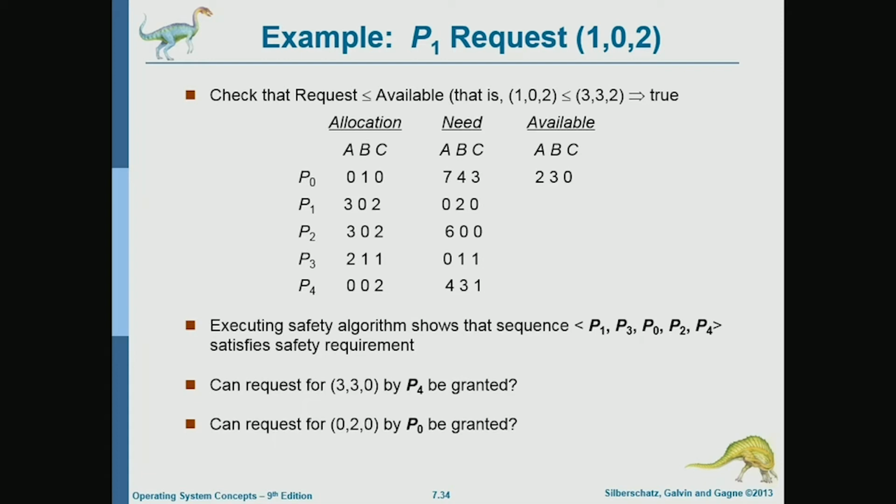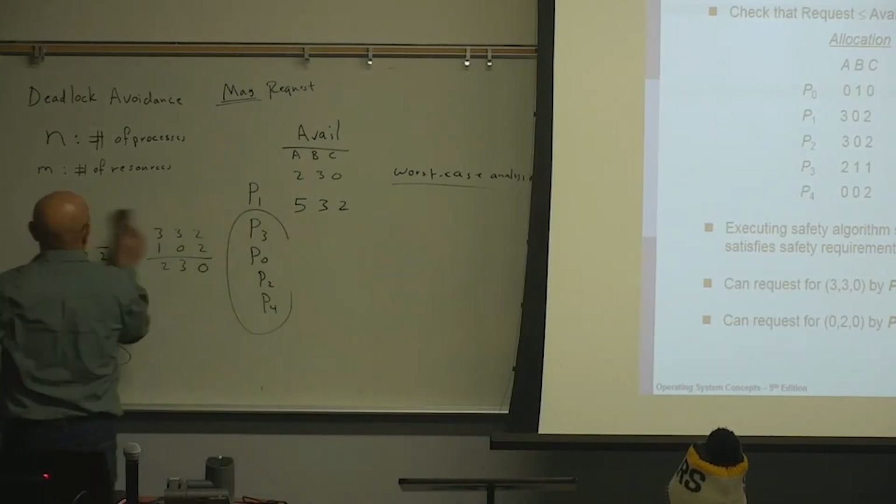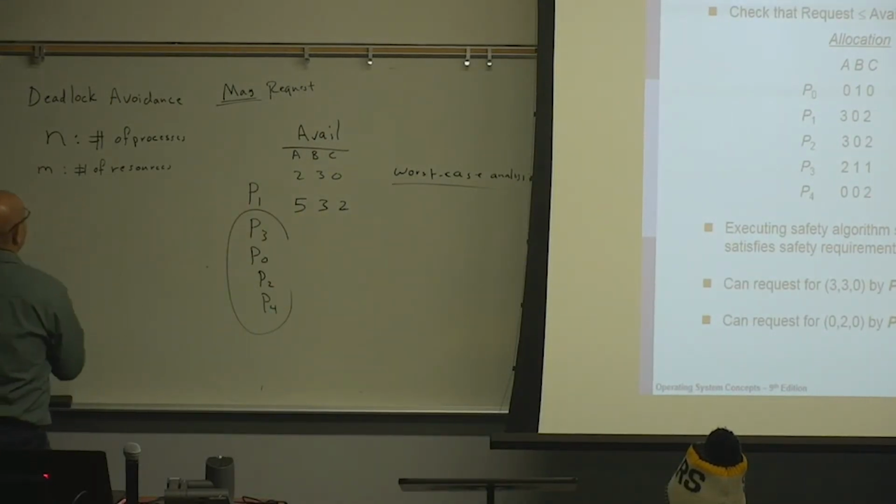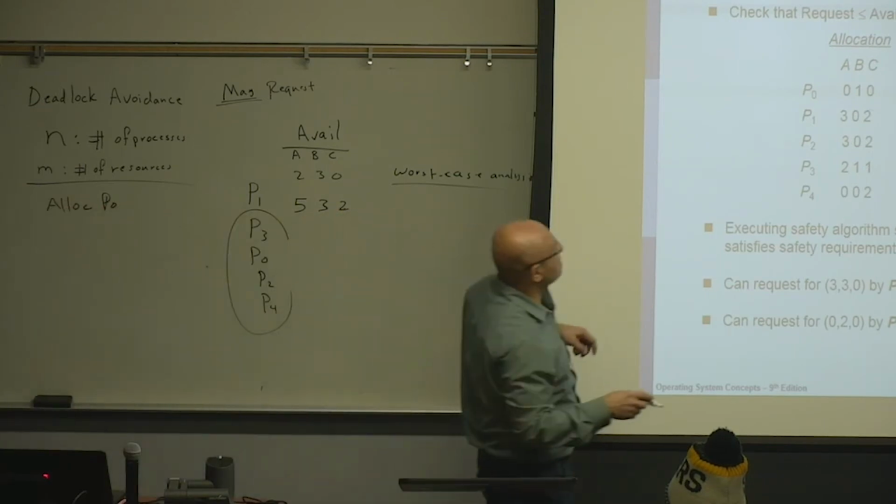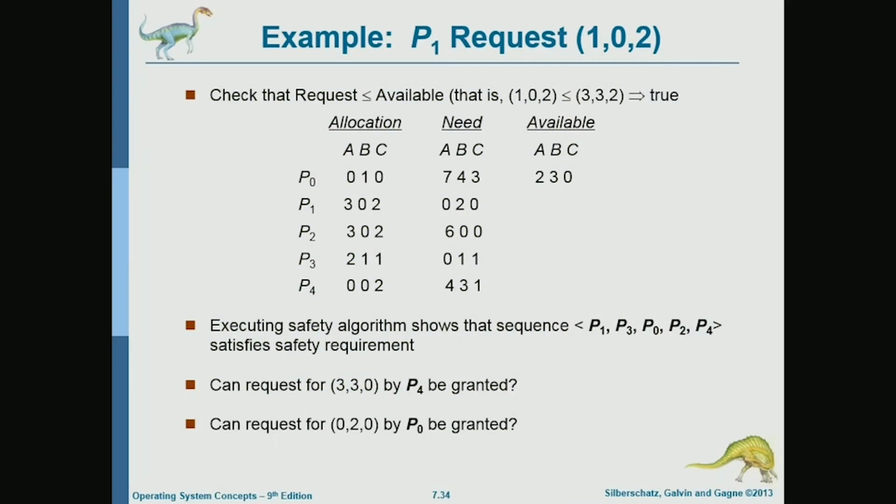Now, a more interesting question is, what if P0 requests 020? If P0 requests 020, let's now do the analysis on top of this. Now we have granted P1's request. Let's do the analysis on top of this. If P0 requests 020, then the allocation of P0 becomes 030,